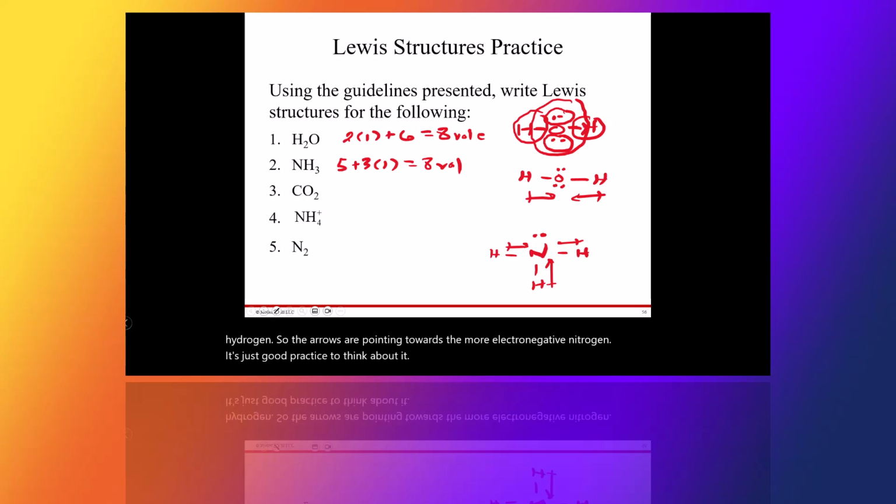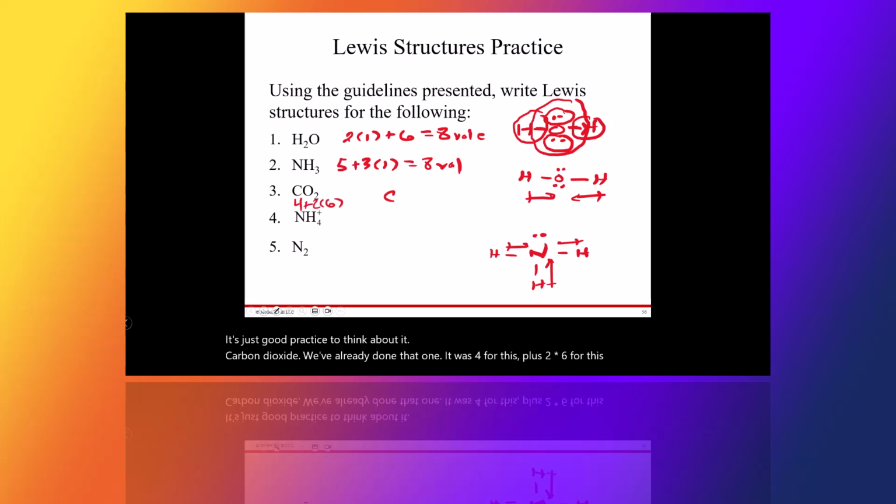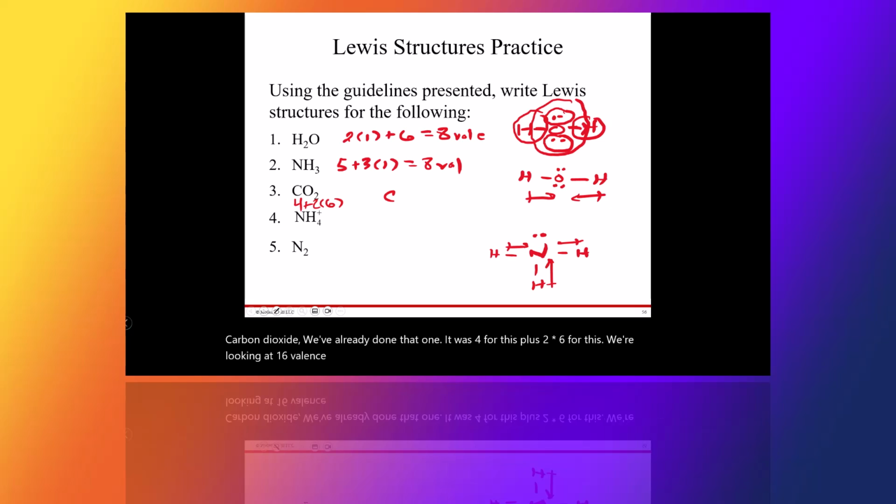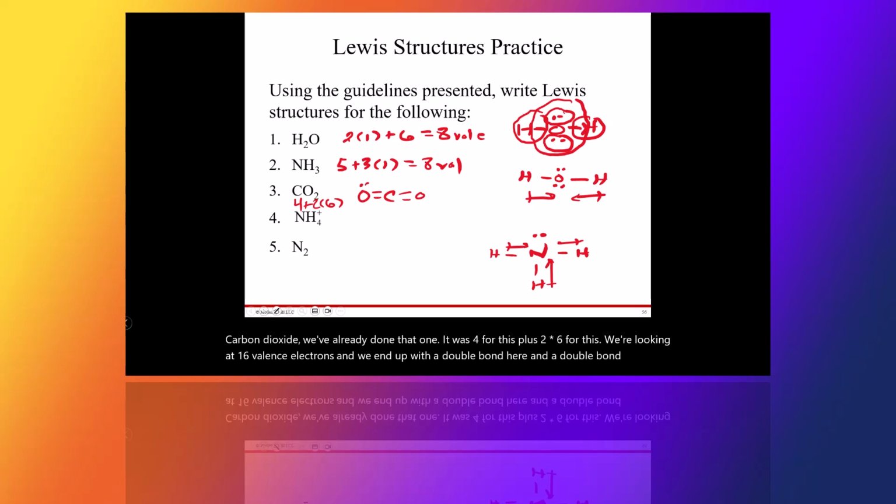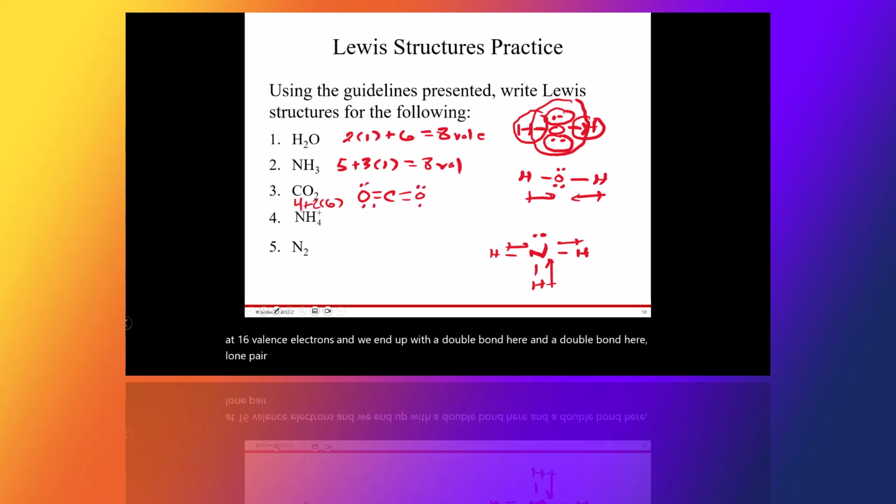Carbon dioxide, we've already done that one. It was 4 for this plus 2 times 6 for this. We're looking at 16 valence electrons, and we end up with a double bond here and a double bond here, lone pairs here, and that's a total of 16 electrons. Ammonium ion,